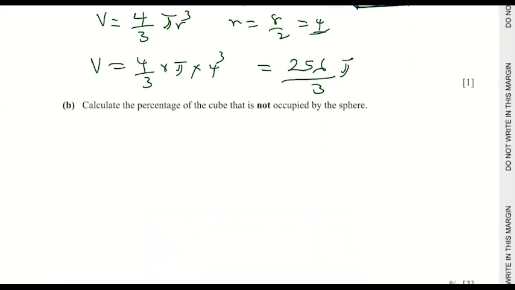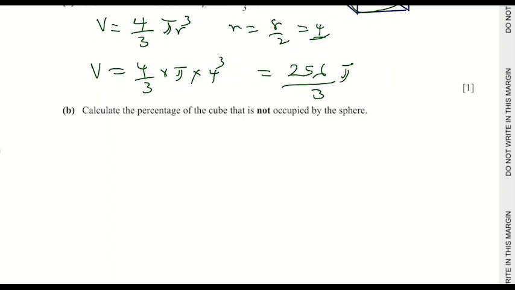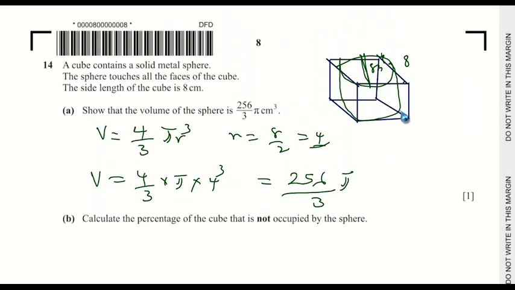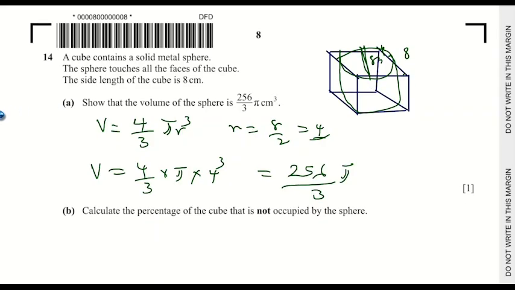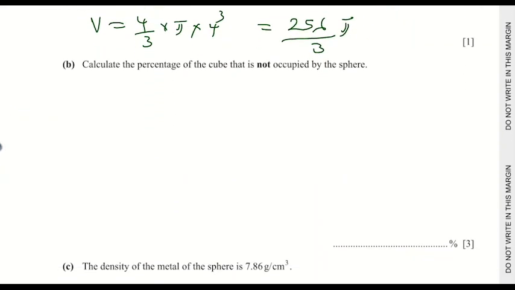Part B, calculate the percentage of the cube that is not occupied by the sphere. Okay, so now you need to firstly find the volume of the sphere and the volume of the cube. You subtract the volume of the sphere from the volume of the cube. That will give you the volume left. Then we can find the percentage, right? So let's say the volume of the cube is given as L cube,